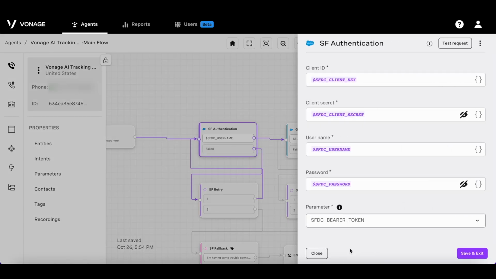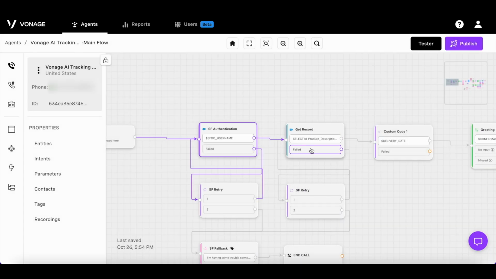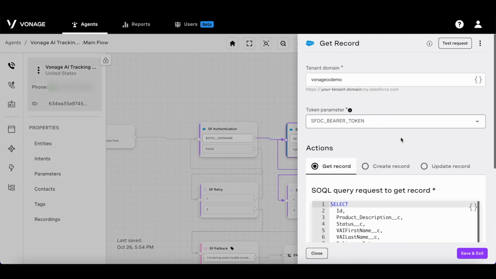Integration with Salesforce is even easier. You will need to make a connected app with full OAuth access in order for Studio to access your database. From there, it's easy to authenticate your agent by just adding the authentication node and adding all of your credentials, including your consumer key and your secret along with your username and password. You will also need to create a parameter to save your access token. Then, you can use the Salesforce action nodes to either get, update, or create records.